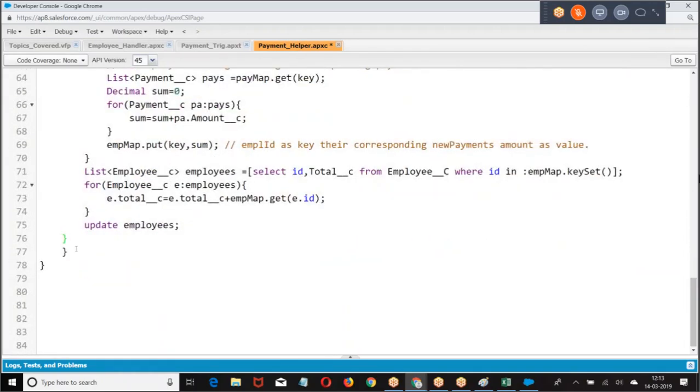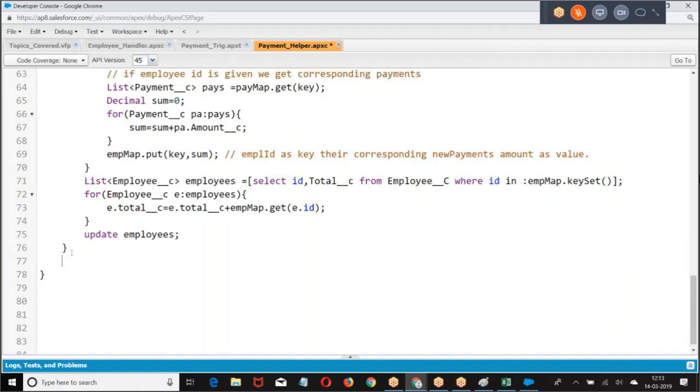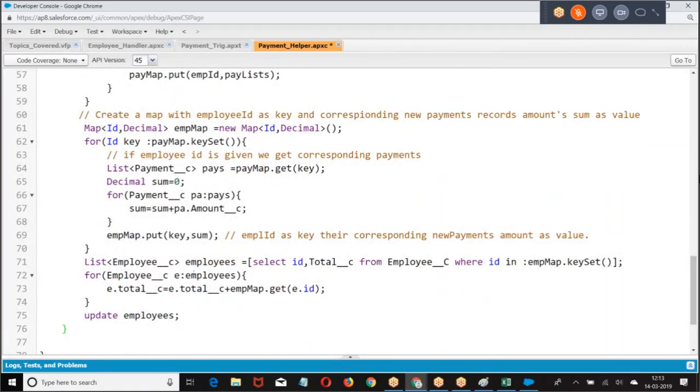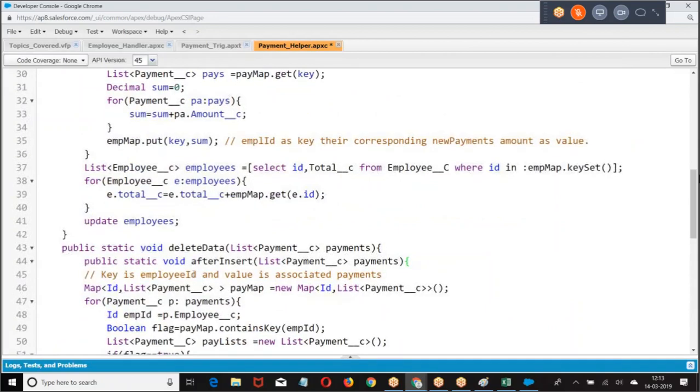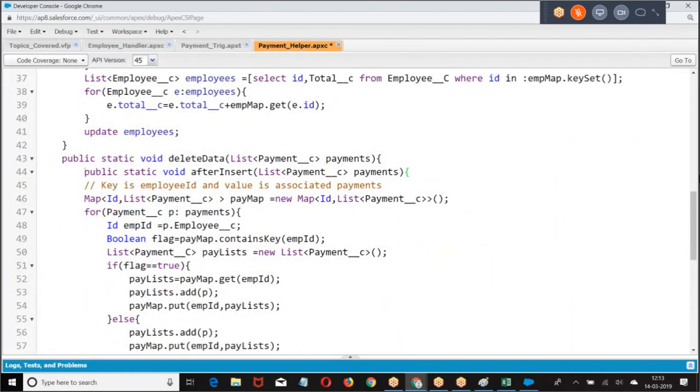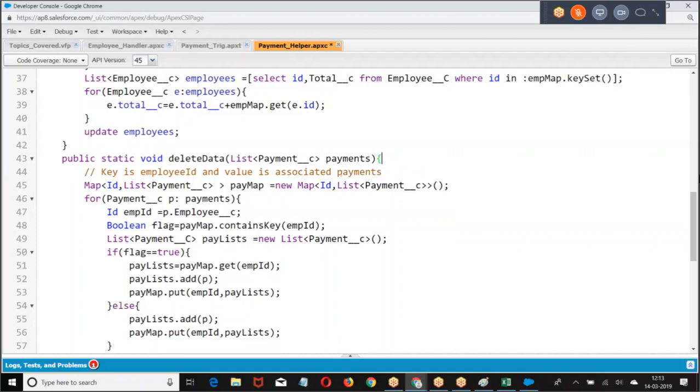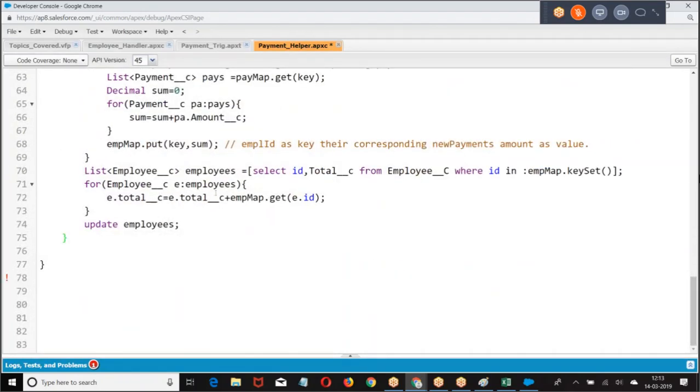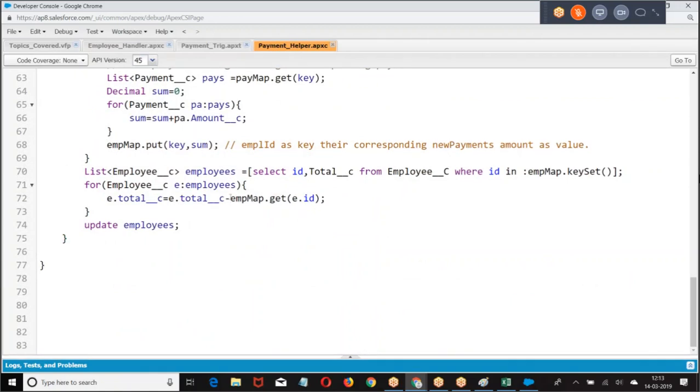The only difference is that instead of plus, we have to say minus. If existing records are deleted, we are going to minus.